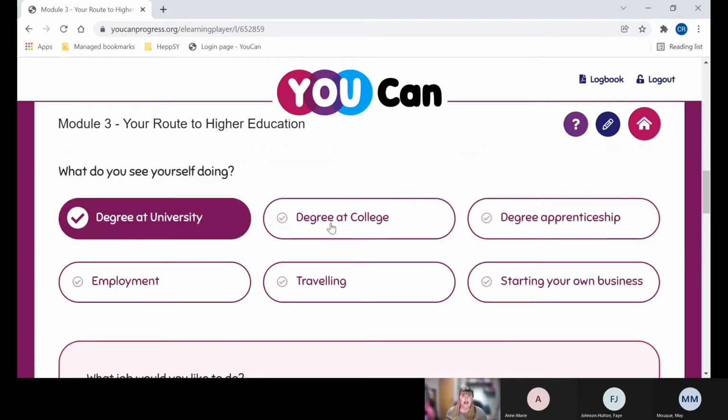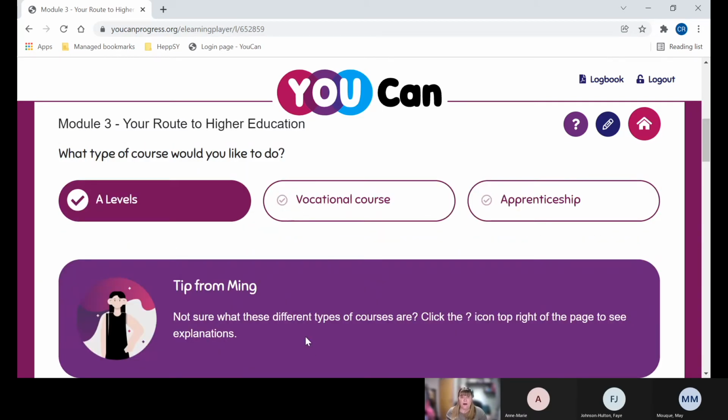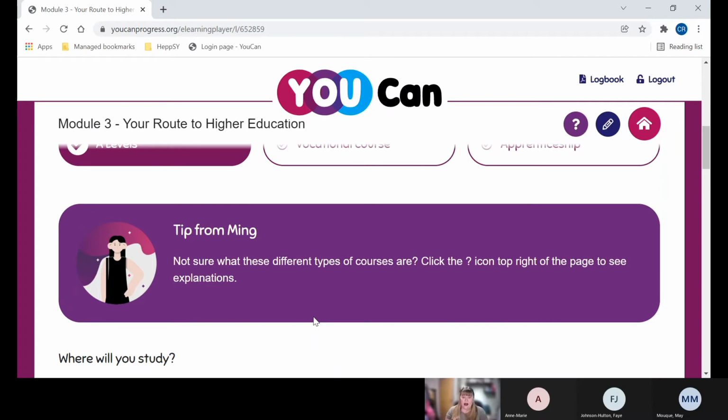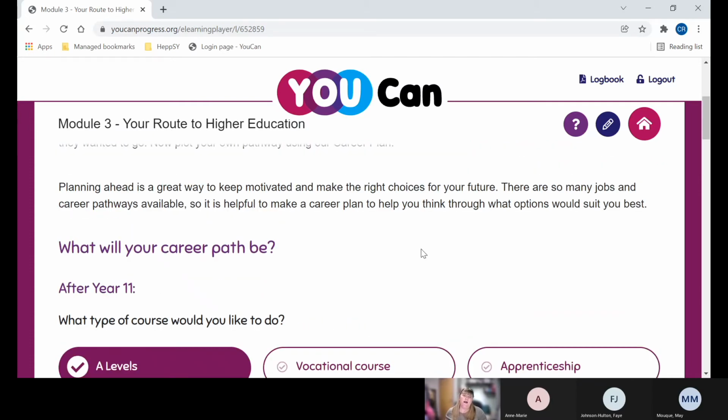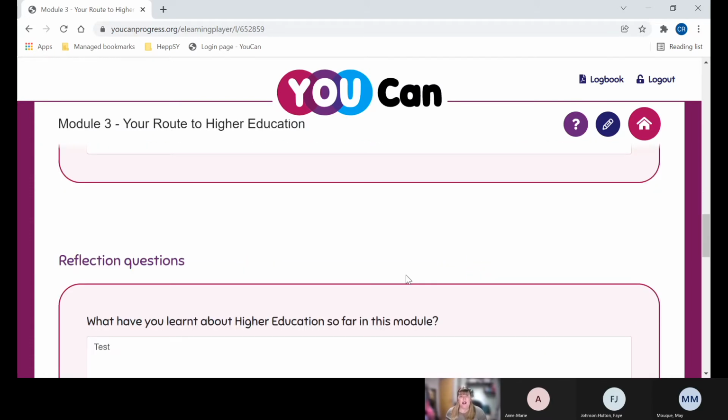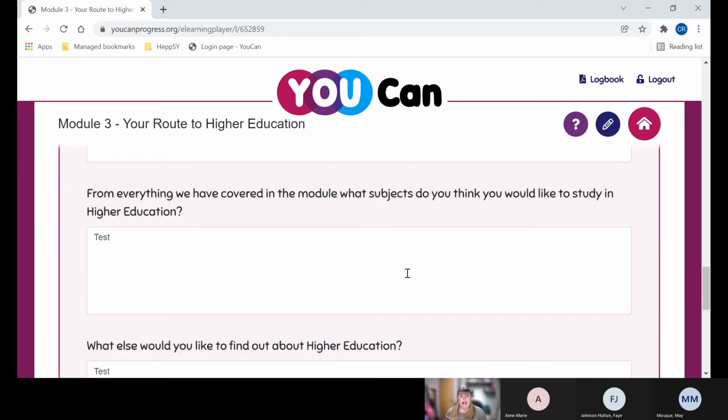And as you can see, Ming has already given us a top tip, and that's sort of an example of how the guide starts to take us through. And this is a really good example of the chunking used in YouCan and how the resource is broken into sections to help students learn and progress. So we've covered the plotting of their route, and then we do some reflection questions at the end of that